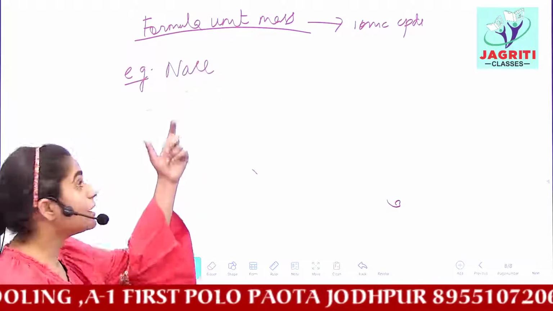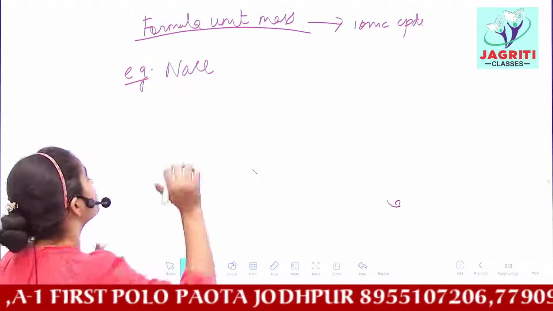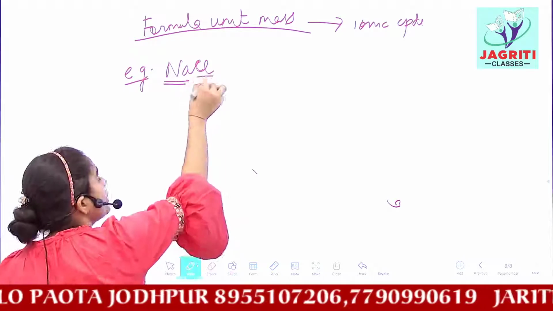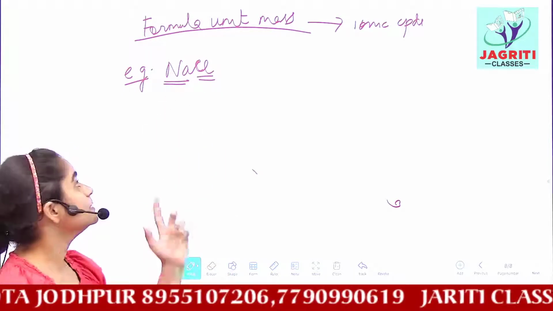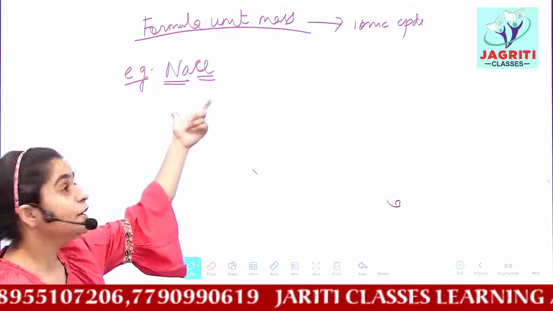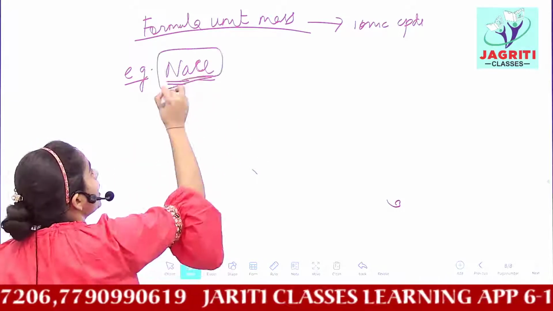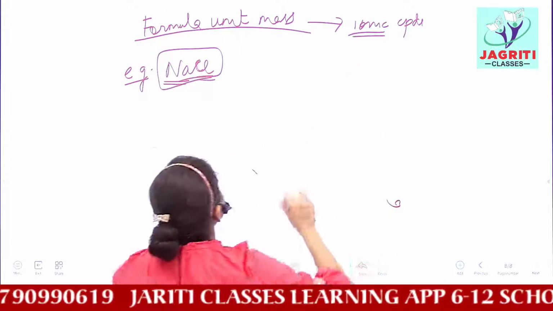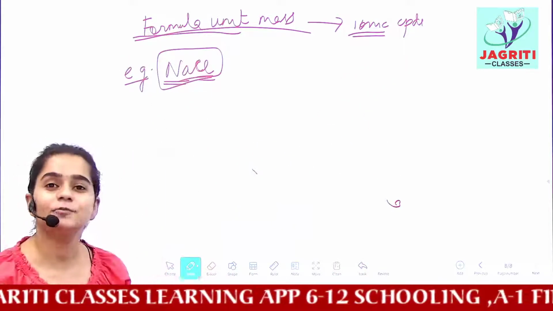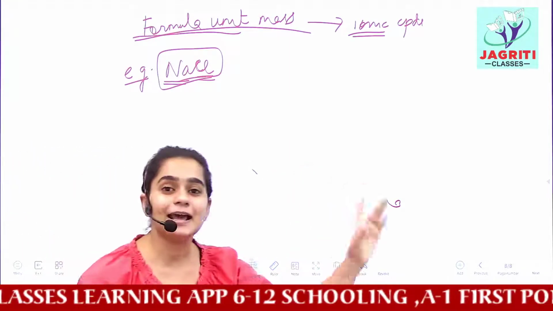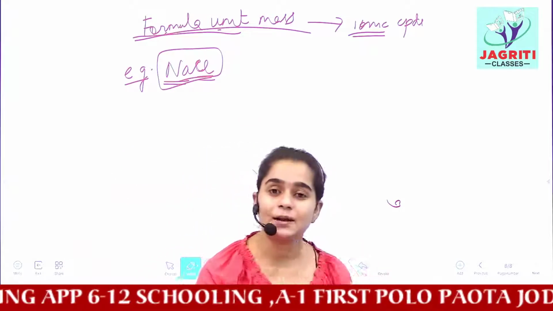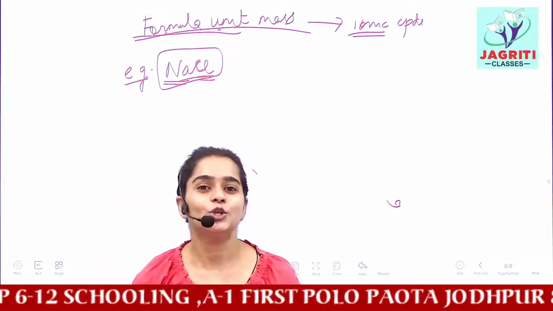To find the mass of an ionic compound, the method is the same. You find the mass of sodium, find the mass of chlorine, add up the two masses, and you get its molecular mass. But we don't say that it is a molecular mass. When your chemical compound is made up of ions, then you find its formula unit mass. If the compound is made of ions, you write formula unit mass. If it is made of neutral species, you write molecular mass.